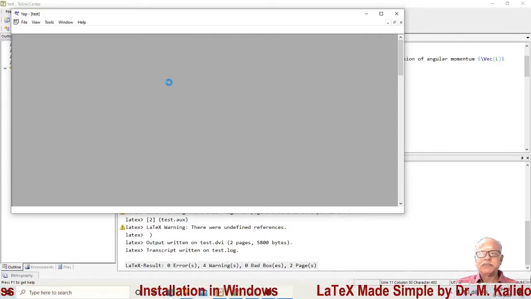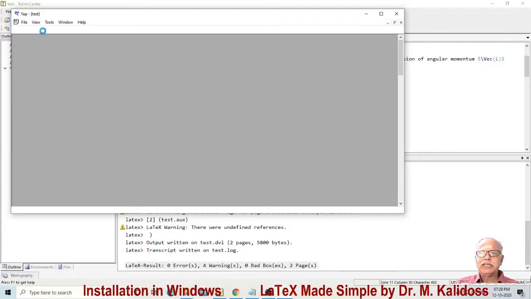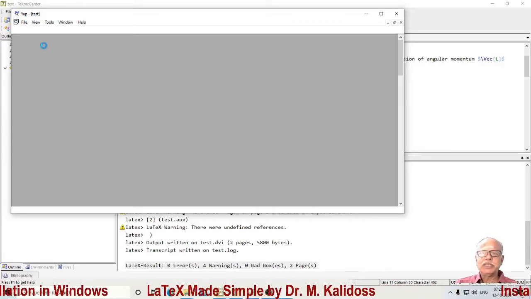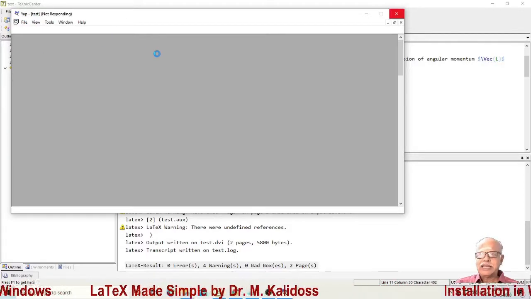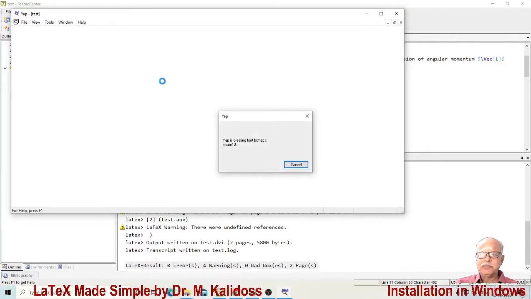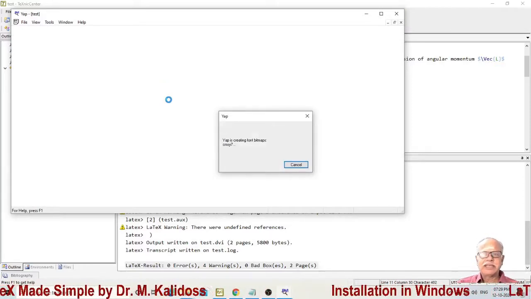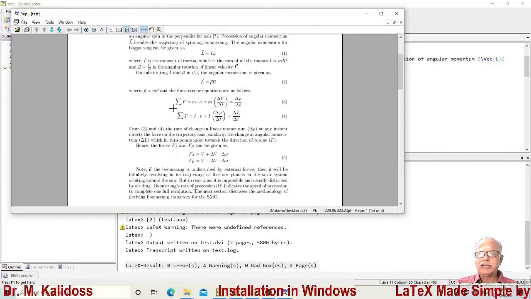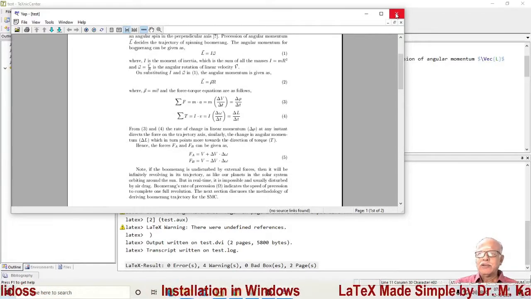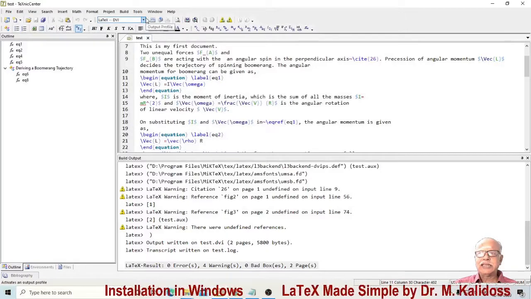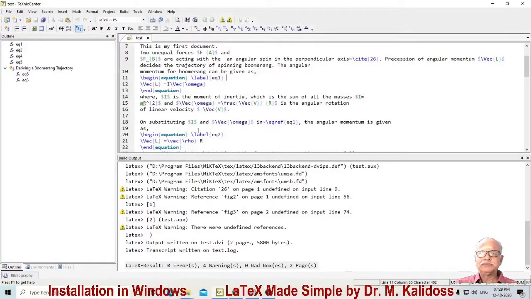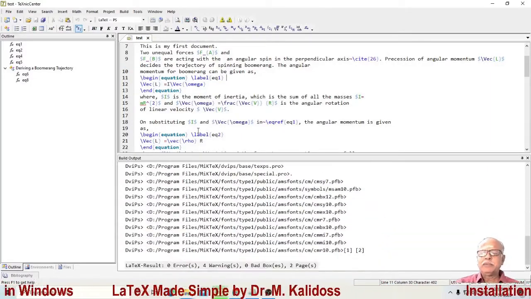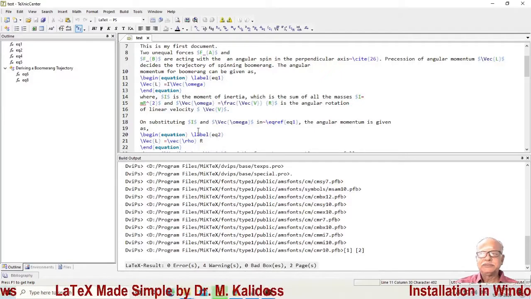What will the output look like? That will be available in this previewer called Yet Another Previewer, YAP. It takes time to build the fonts because I am loading it for the first time. Please be patient. Now we have got this document here. What I will do next is select LaTeX to PS. Again, you build the document. After building the document, press F5.